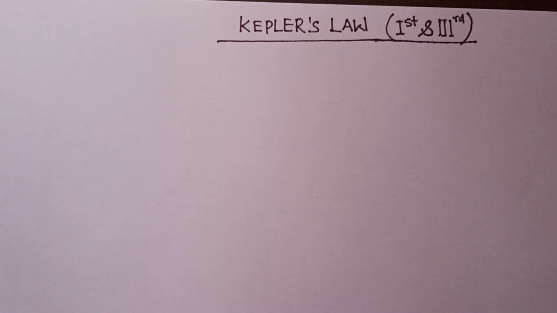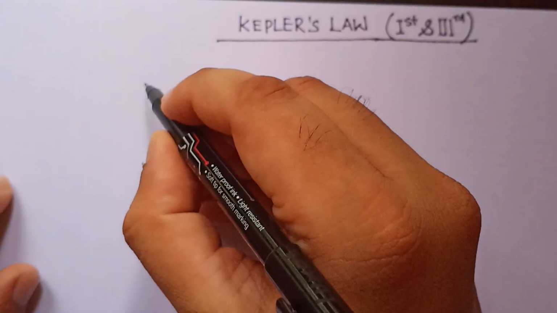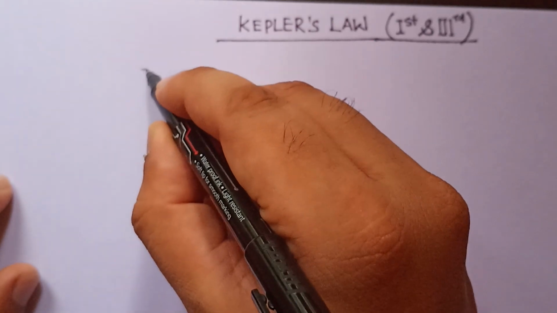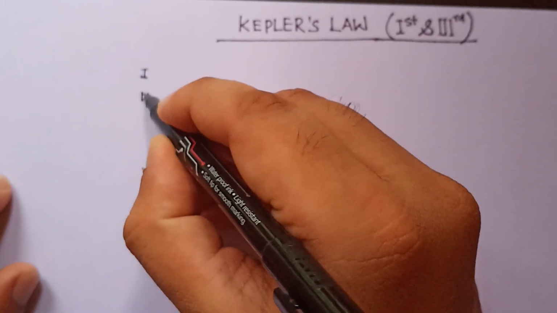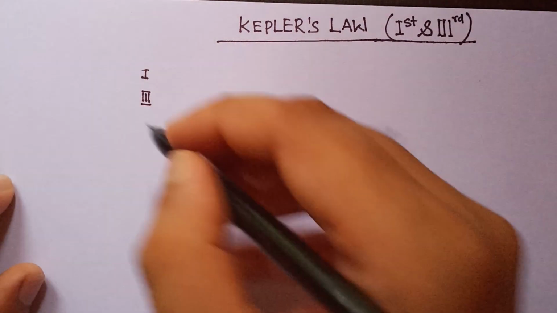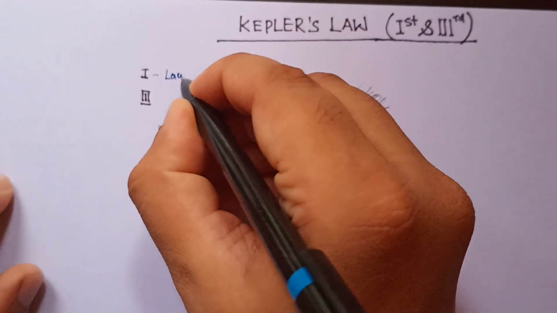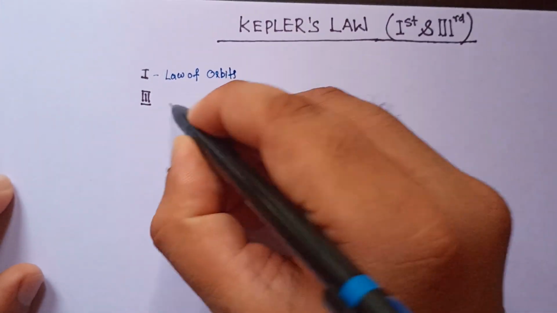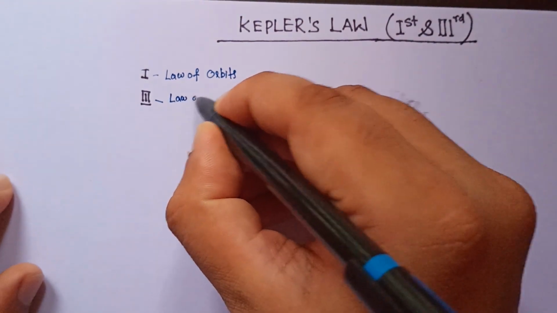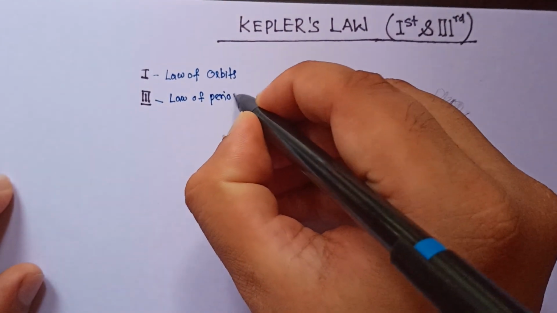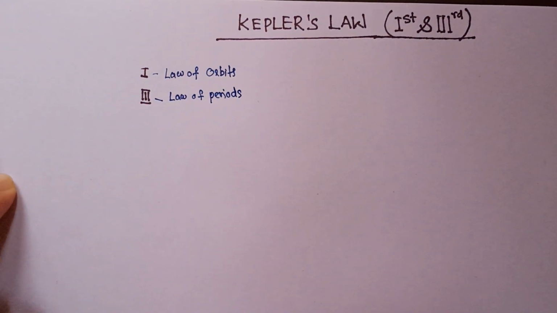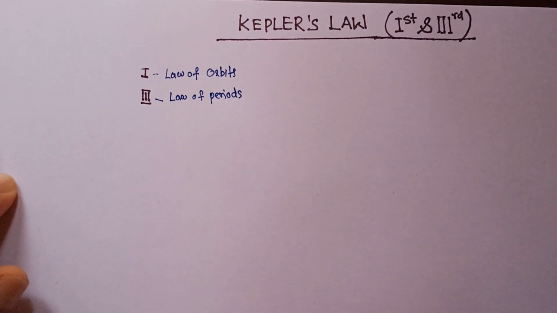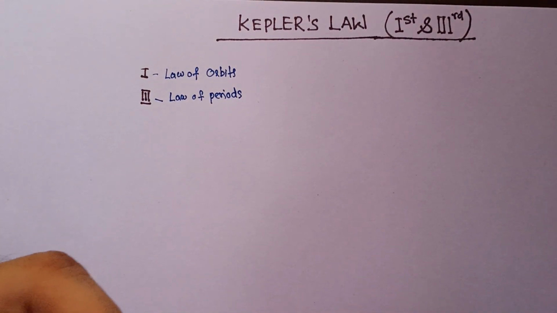The first law is basically called the law of orbits, and the third law is called the law of periods, which deals with the time period equations. So the law of orbits states that for any planetary motion, if a planet is revolving around